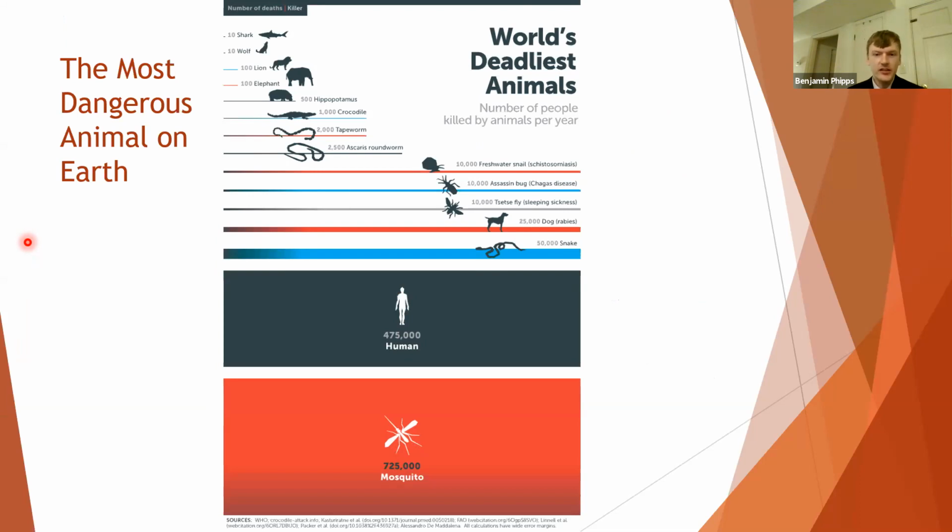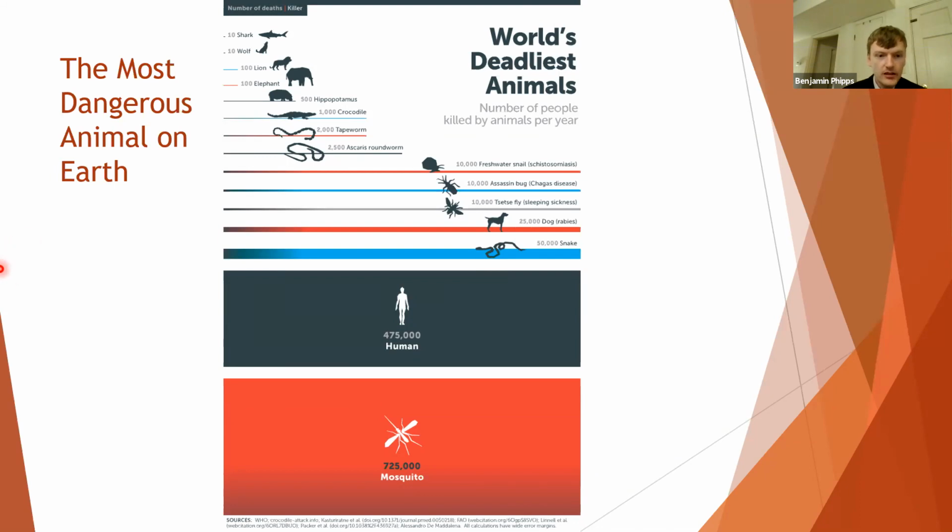And they do this because female mosquitoes, most female mosquitoes in most species, have to take a blood meal in order to produce eggs. And they often take multiple blood meals within their lifetime to support producing multiple clutches of eggs. And in doing that, they can acquire and then transmit various deadly pathogens of vertebrates.